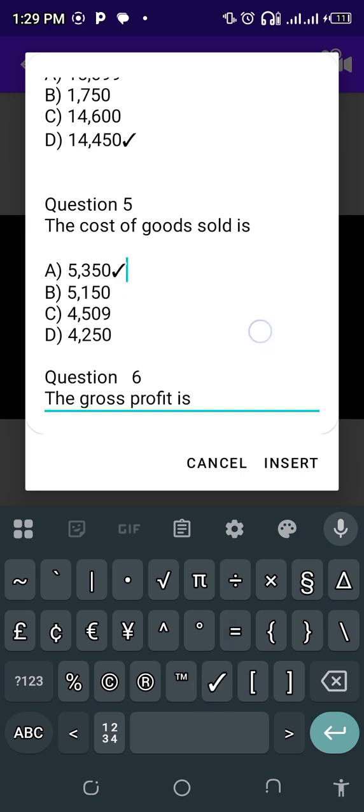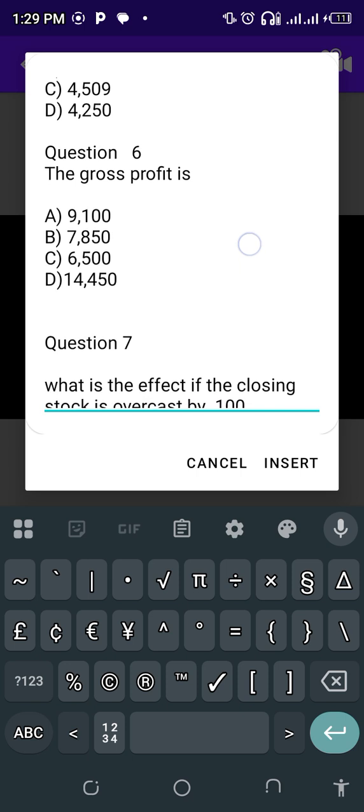Now, question 6. The gross profit formula is net sales less cost of goods sold. Now we have calculated the cost of goods sold to be 5,350, and our net sales is 14,450. So our gross profit now becomes